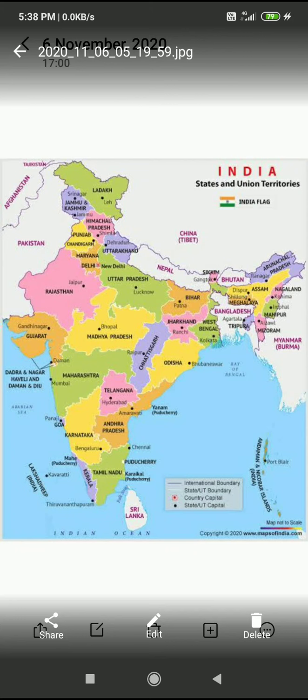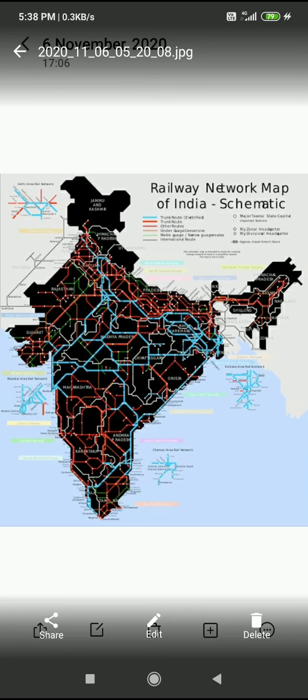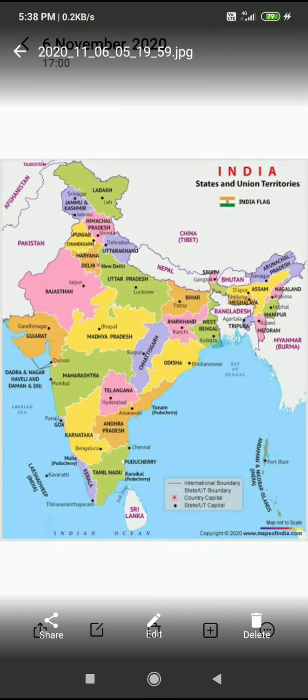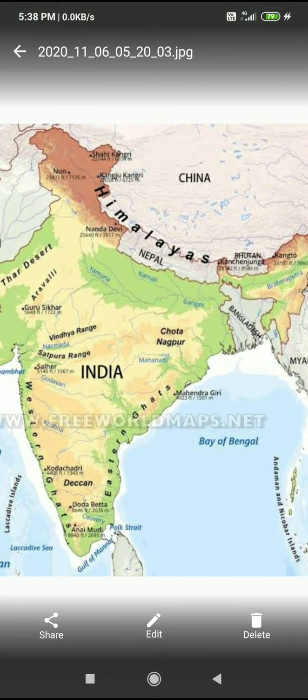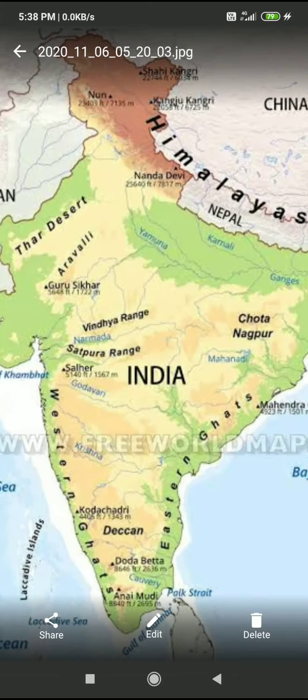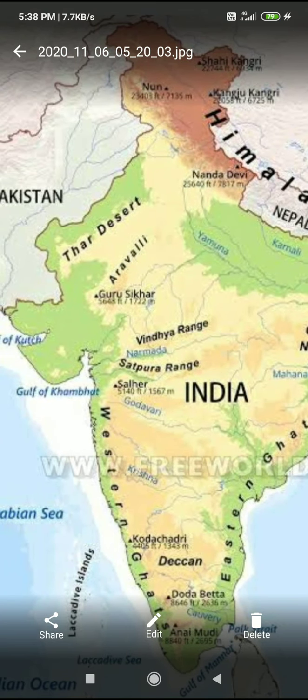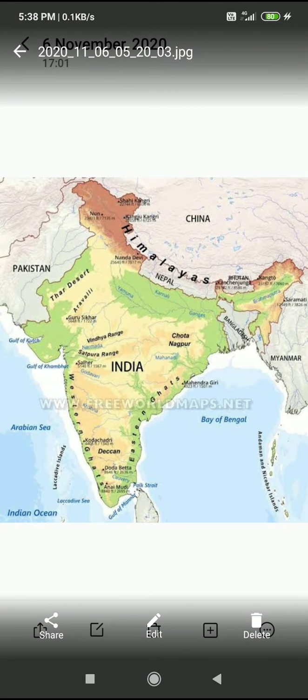Here you can see the first map, right? Second map, third one. So the first map shows the states and capitals of India, right? The second one you can see landforms like the Thar desert area, Aravalli hills you can see here, right? Downside of the Thar desert. Then the Himalaya ranges also you can see. Then next you can see the islands. You can see the Deccan Plateau downside here, right? This is the physical map that we call.